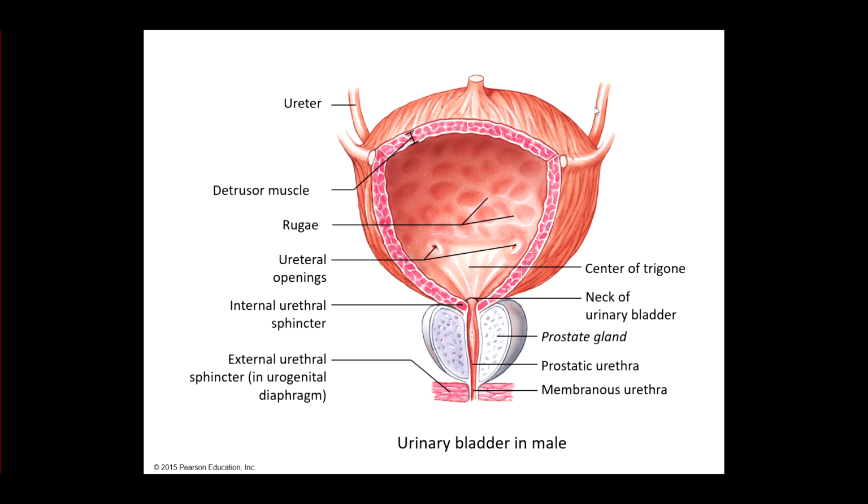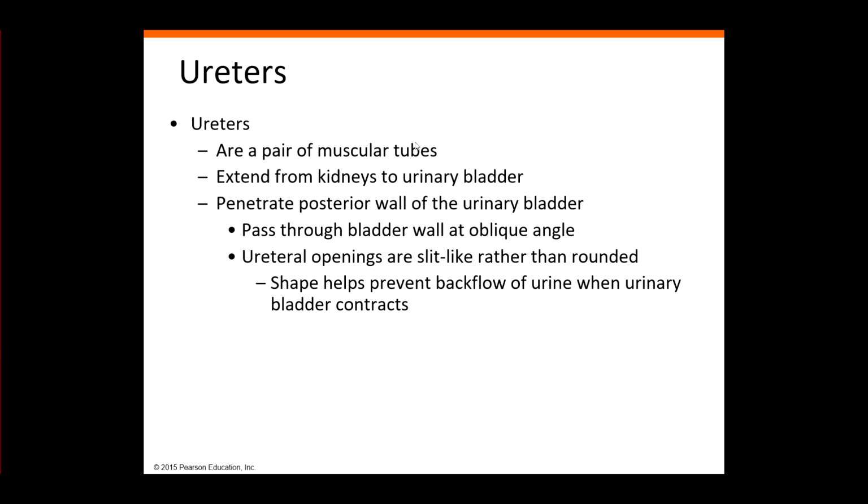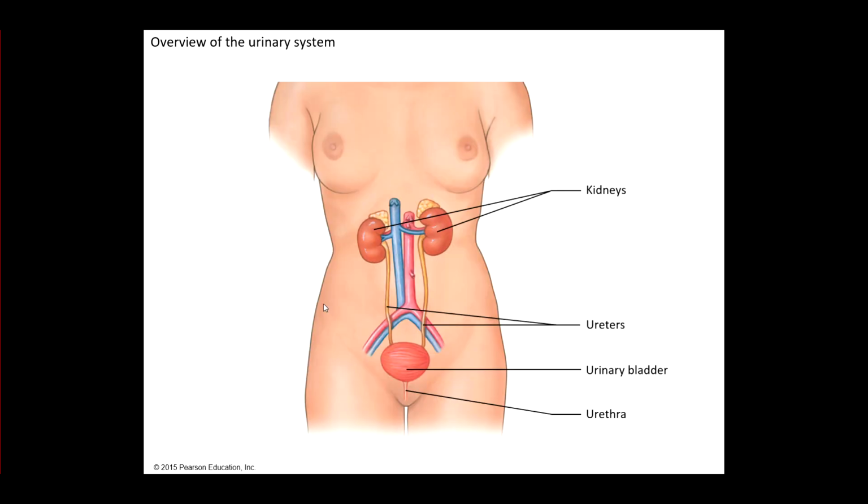And then here's the other ureter coming down this way, and then it would go behind the wall. We don't see it, then opening up here. Okay. All right, so that's important. These ureteral openings are slit-like rather than rounded, and it's going to prevent the backflow of urine. Okay, so those are the two tubes that you should be able to identify in the lab: left and right